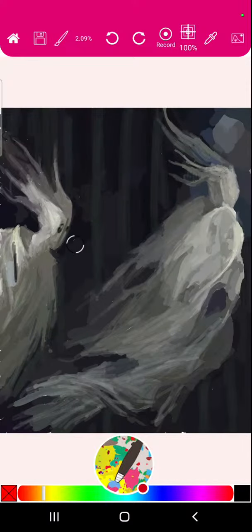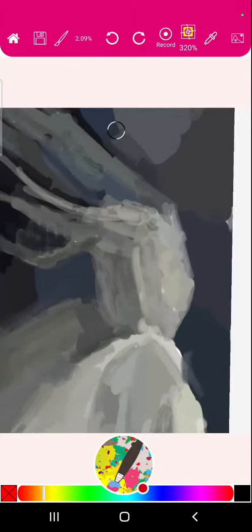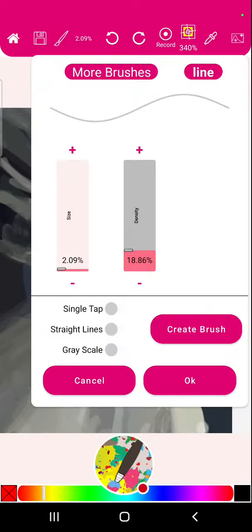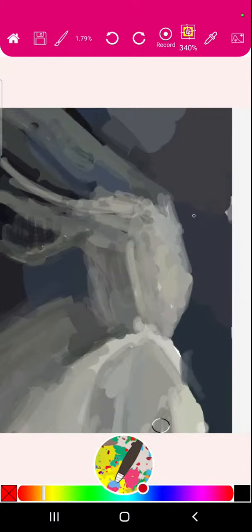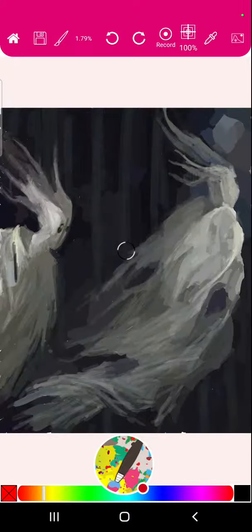Let's see what that looks like. Well, it's alright, isn't it? It's not too bad. And then we can do the same here. So it's not looking horrifying, but at least it's got some kind of eyes. Okay. And then what we can do is,